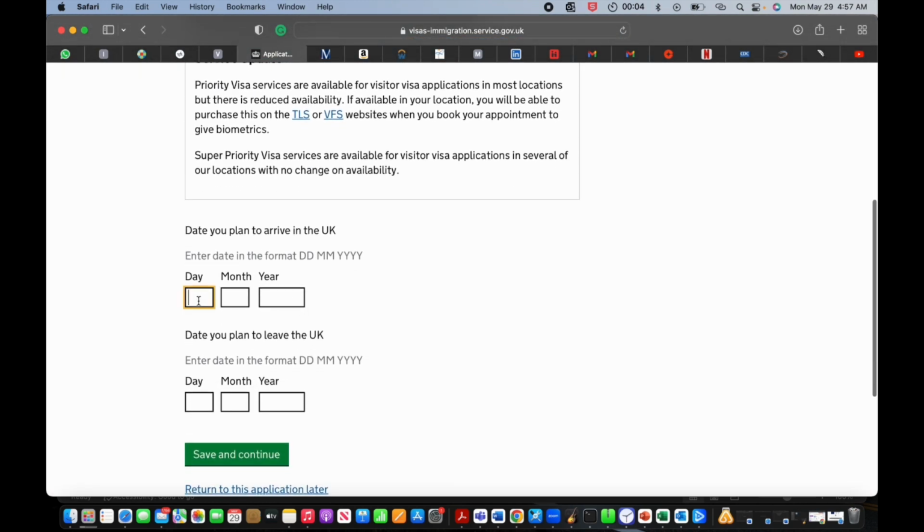So dates you plan to arrive and dates you plan to leave the UK, very important. So for your first visit, it's always advisable to come and just go back within at most 6 months. Of course, you shouldn't exceed more than 6 months for your first visit. Okay, so